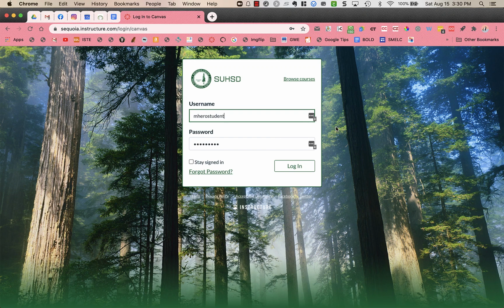Once you've checked your schedule in Infinite Campus and you know which periods you have each of your classes, be sure to check the bell schedule from your school, to make sure you know what time you need to be in each class. Then you're going to go to